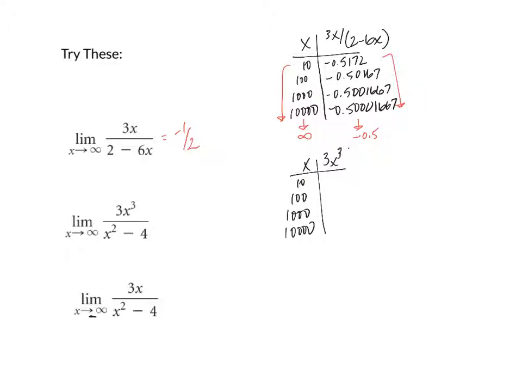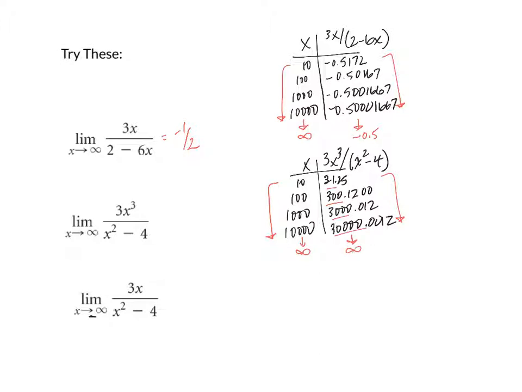And again, 3x cubed divided by parentheses x squared minus 4 close parenthesis. So go ahead, hit pause, change your function, and the table should automatically calculate for you, and go ahead and fill that in and come back. Okay, so with your calculator doing your tedious calculations for you, we used the limit as this approaches positive infinity, and we notice that in looking at the sequence of numbers that we're getting out here, these are growing without bound. So this is approaching infinity. So this limit is also infinity.